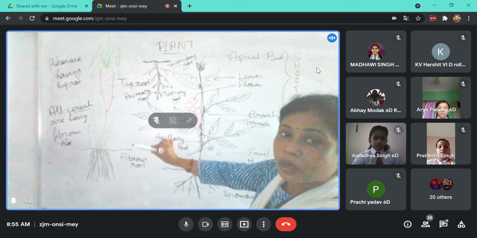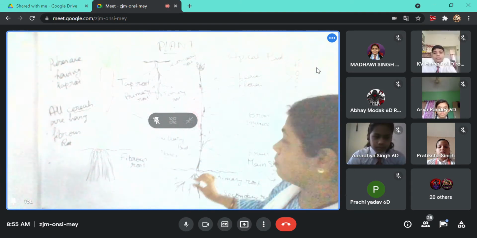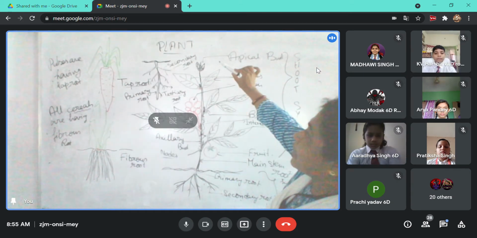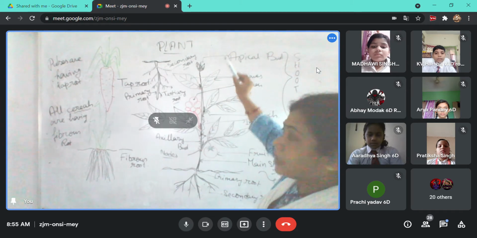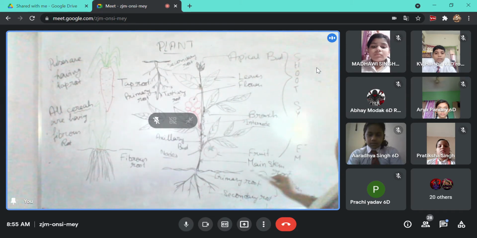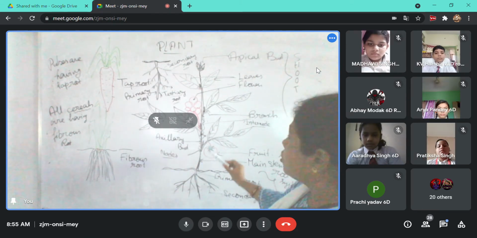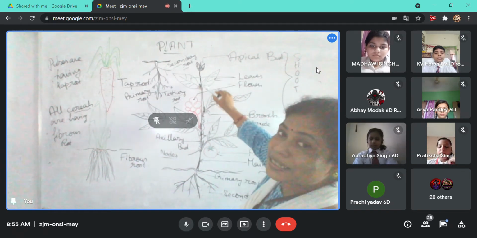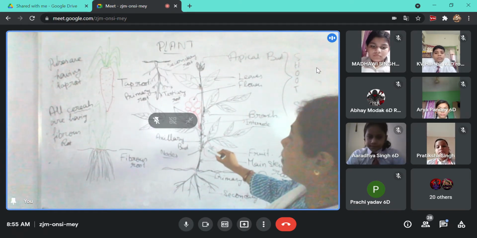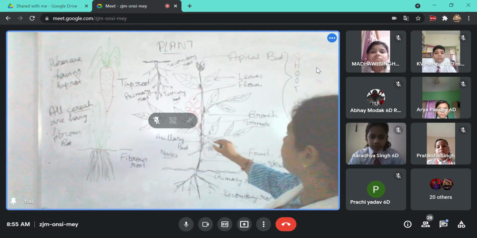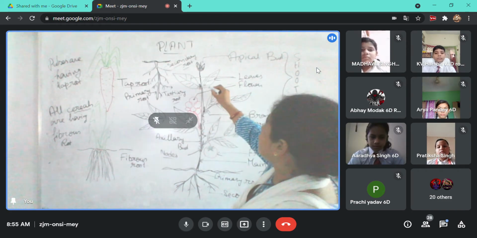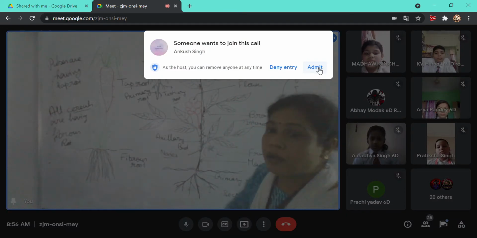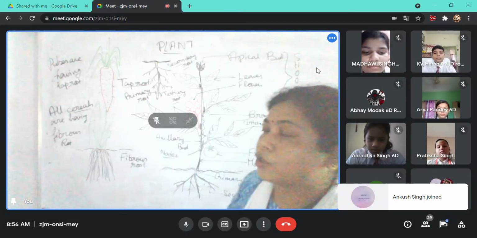Next, so this is all about your root system. Next, we are going to examine the parts that are present above the soil. That is mainly called the shoot system, and they have different parts. So the main part that is growing up is called the main stem. The main stem can bear branches, they bear leaf, they bear apical bud, they also bear flowers and fruits.